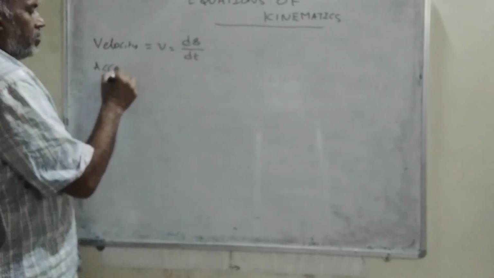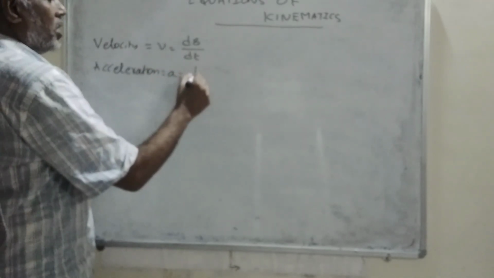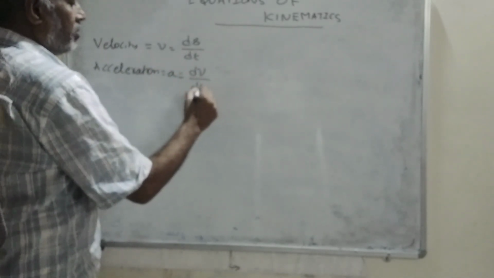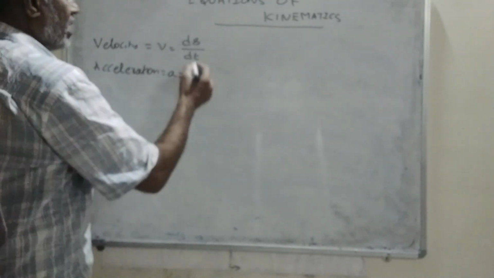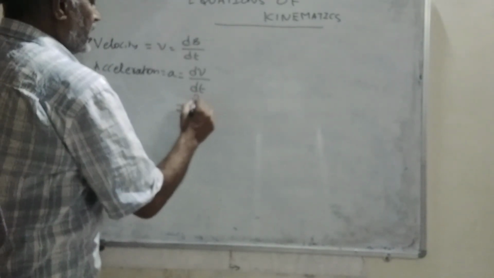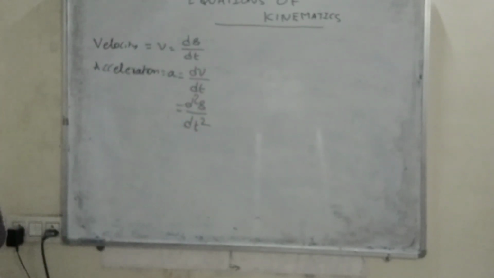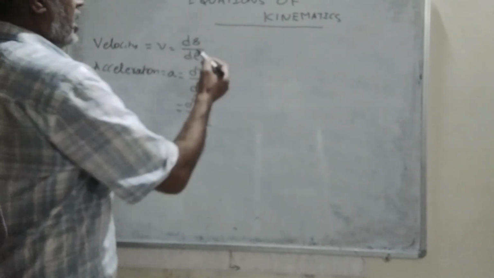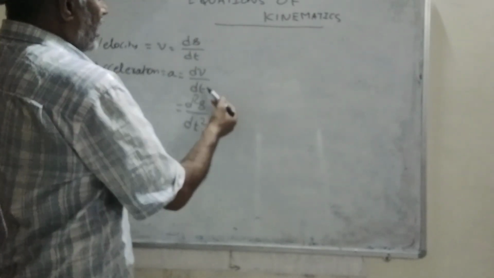Acceleration a is equal to dv by dt, meaning differentiating velocity with respect to time, and v is nothing but ds by dt, so that is equal to d square s by dt square. So if you observe, s is an equation in terms of time, v is an equation in terms of time,